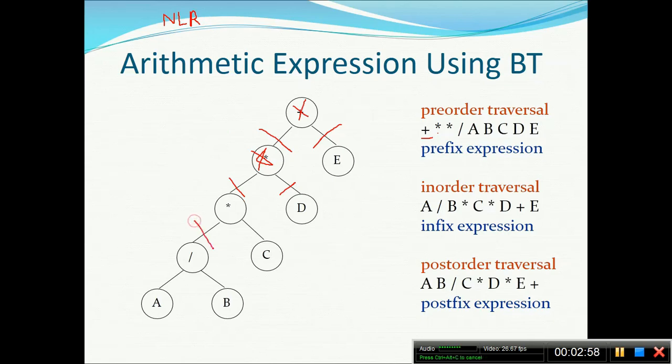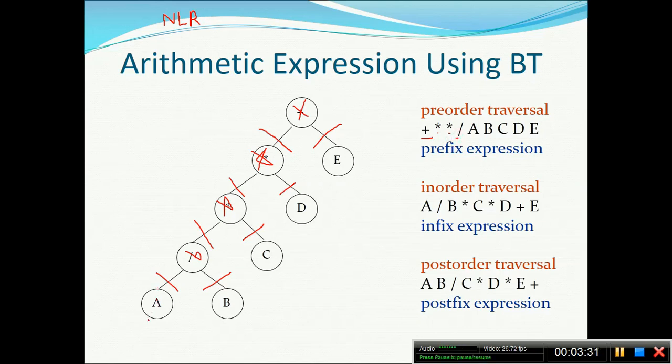This left subtree again has a left subtree and a right subtree. Now, how to solve this? Here, this is the node, this is the left subtree, and this is the right subtree. So I will solve the star first. The star is also solved. Again, I will go to its individual left subtree. In that case, it again has a left subtree and a right subtree and a divide. So I will solve the node first, that is the divide. So divide has been solved. Now I will go to the left subtree.